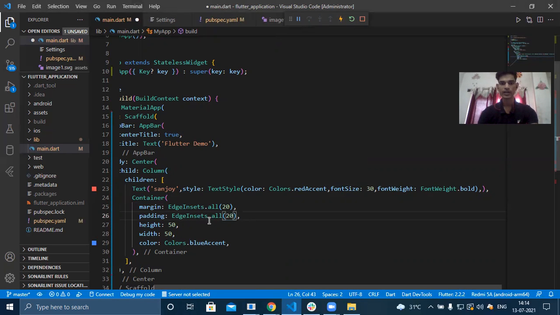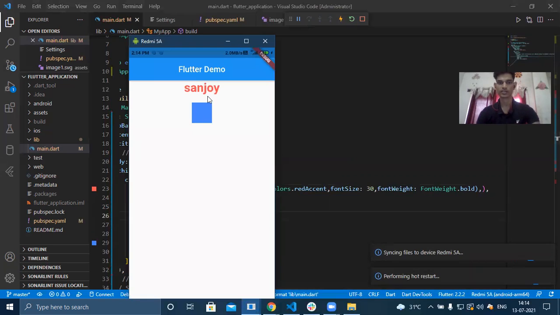Padding is basically inside the container, so it will give the padding inside. Let's check if it has some changes. I think nothing is changed because inside this container nothing is there. So it gives us padding from all sides, and it is looking like the previous one.